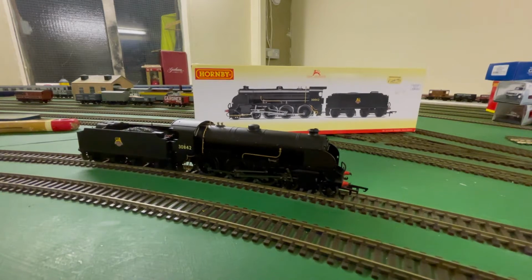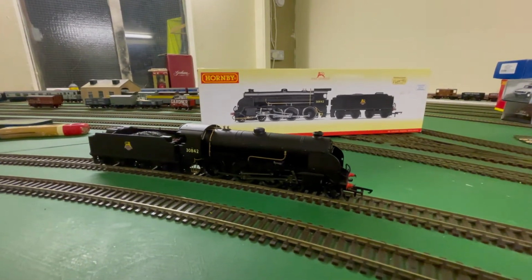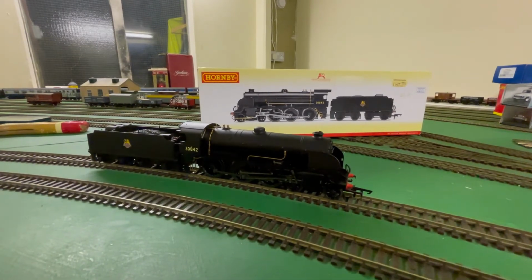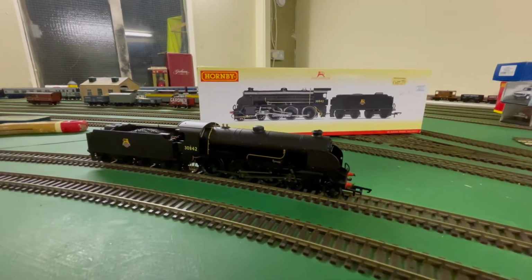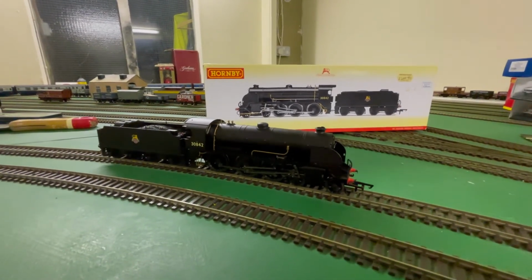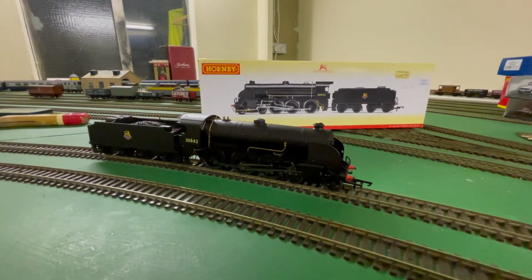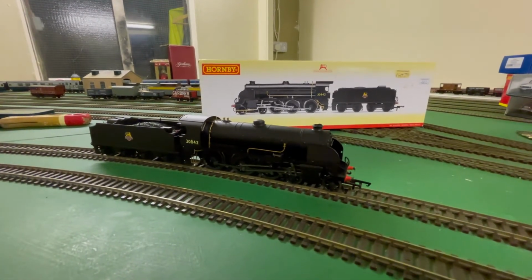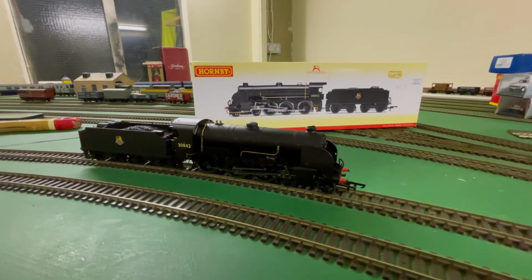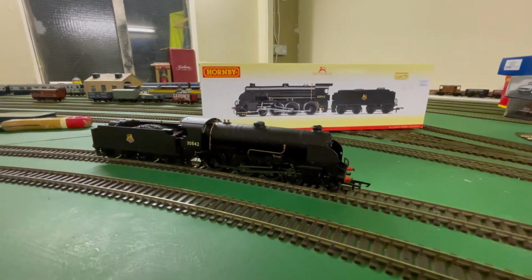This model is in plain black with early emblem and is number 30842. I really do love this model. It runs magnificently and you can't fault it. It still amazes me when it runs around the layout behind a freight train. It doesn't look right, but at the same time it does. I really love this design purely because it's so unique, and it's a great model by Hornby, and I can't